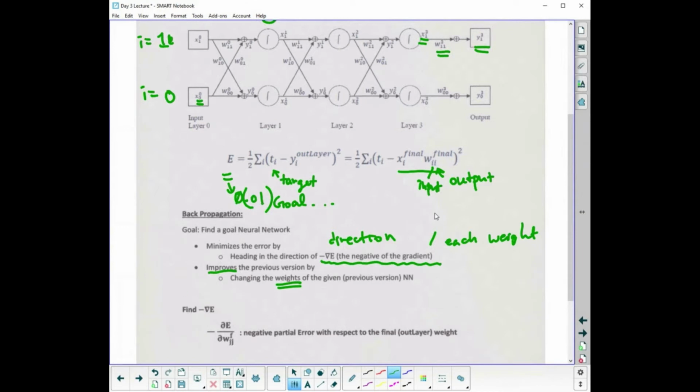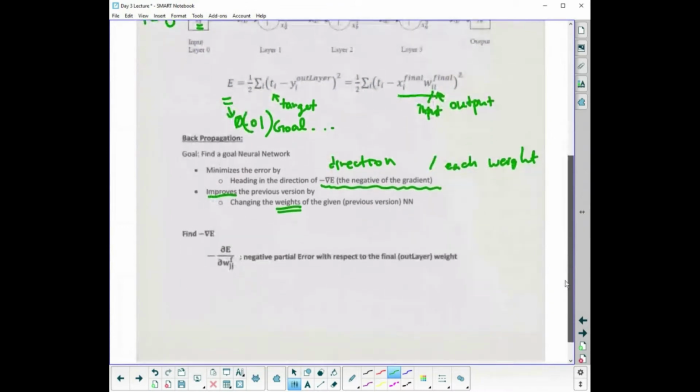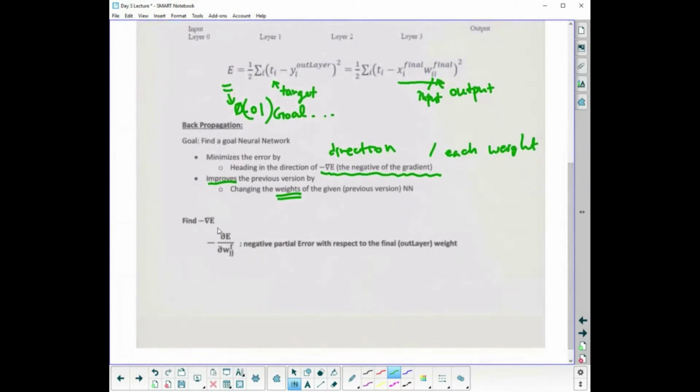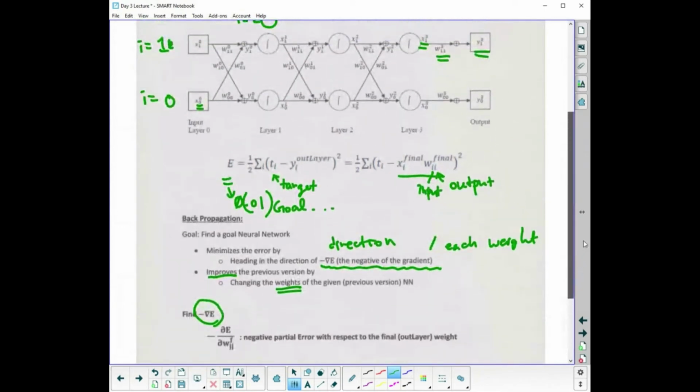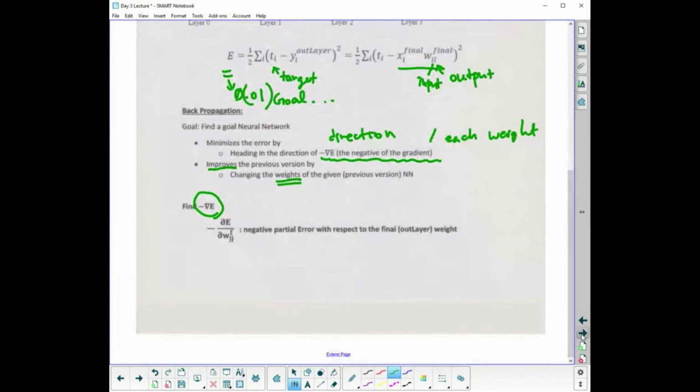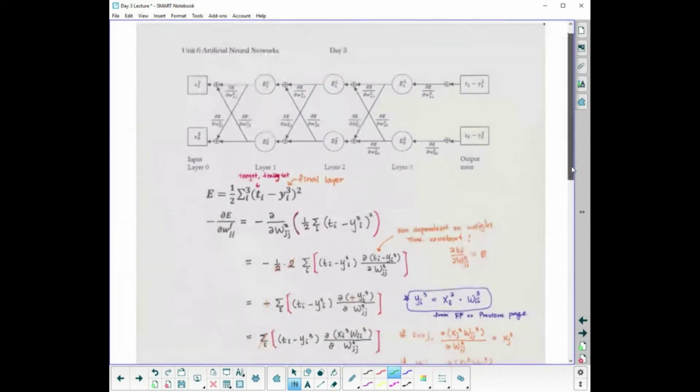Then we are going to train again and change again until we get the goal error value. So let's think about how to calculate the negative gradient first. There are two types of negative gradient. If I show you the backpropagation diagram first,